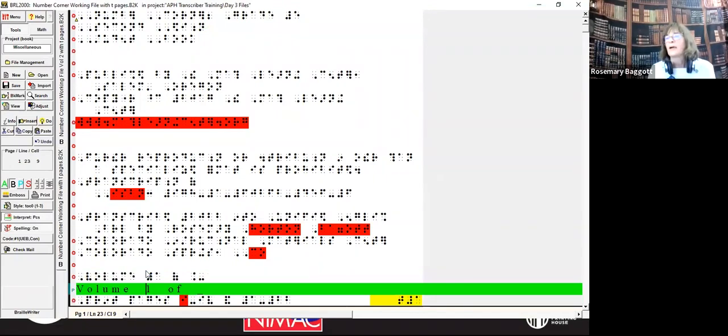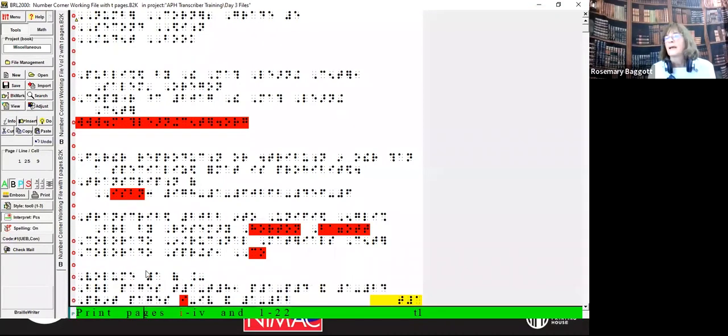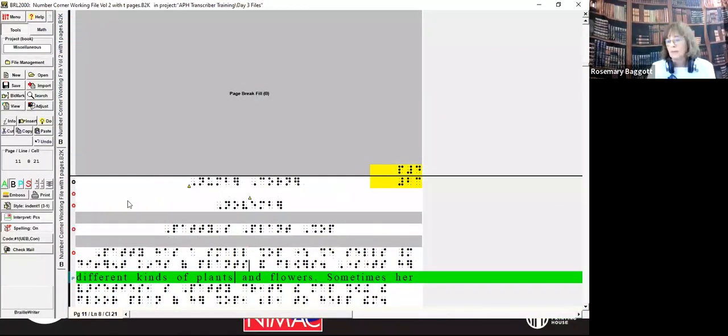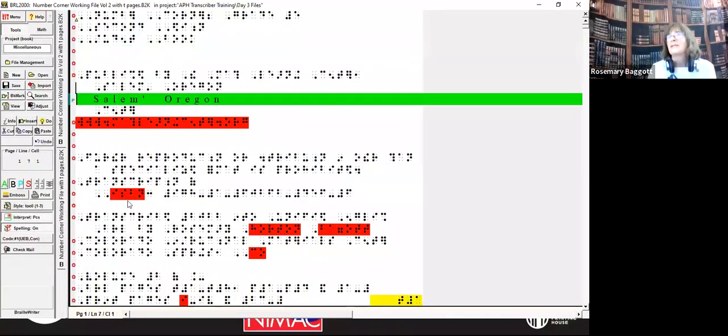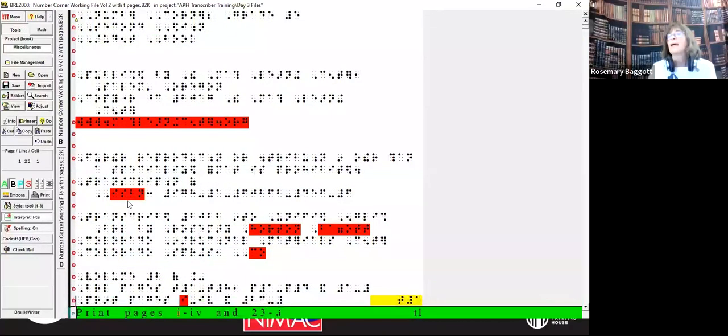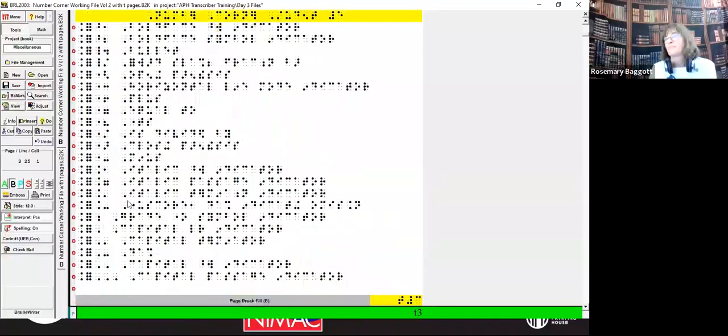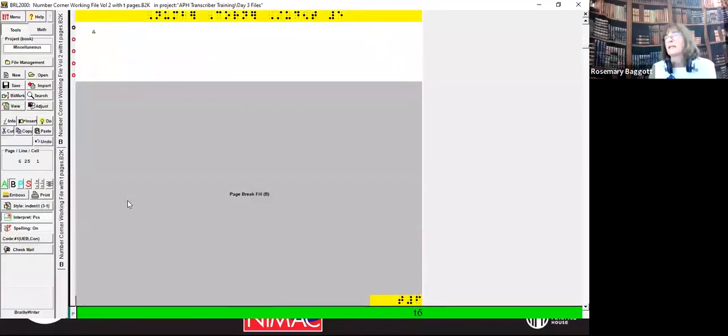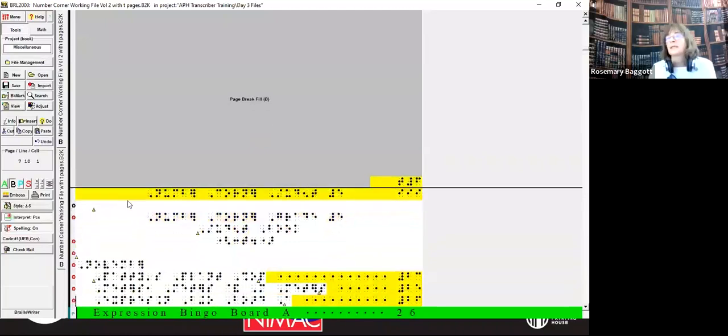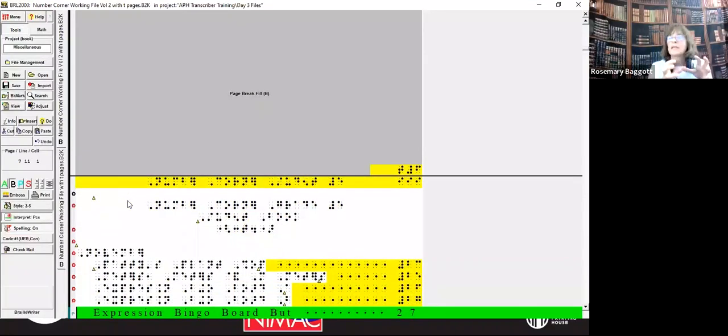Yes, let me go back here. There might be two parts to that question. If not, I'm going to make it two parts. Here is the second volume. I'm going to go down to the table of contents in the second one. Yes, each volume has its own table of contents for what's in that volume. The entire table of contents is placed in the first volume.